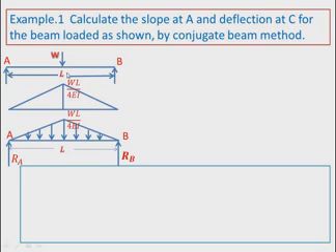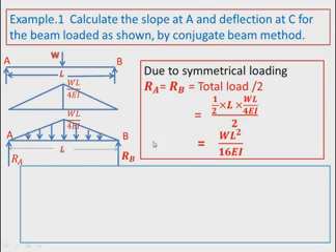If you convert the given beam into the conjugate beam, the end conditions remain the same, but this M by EI diagram will become the loading diagram, meaning you have to show the arrows here. Then how to calculate? You know that the slope at any point on the given beam is equal to the shear force at the same point for the conjugate beam. If you want to calculate the slope at A, it will be the shear force at A for this conjugate beam.